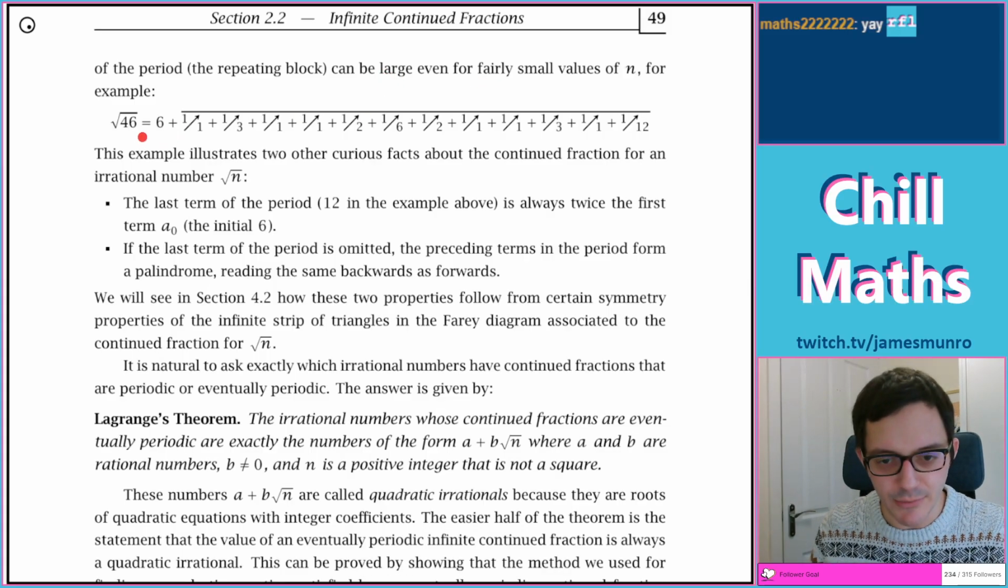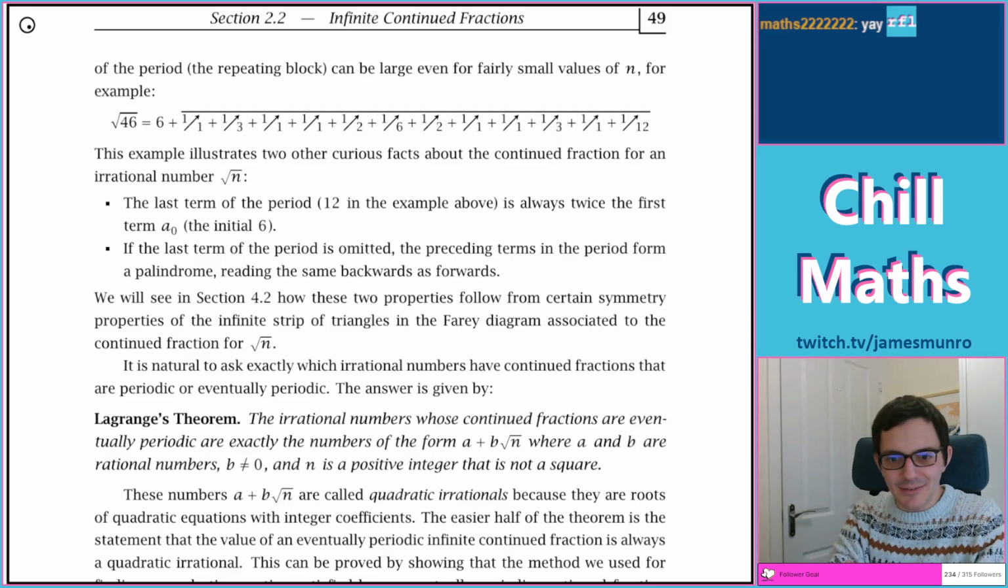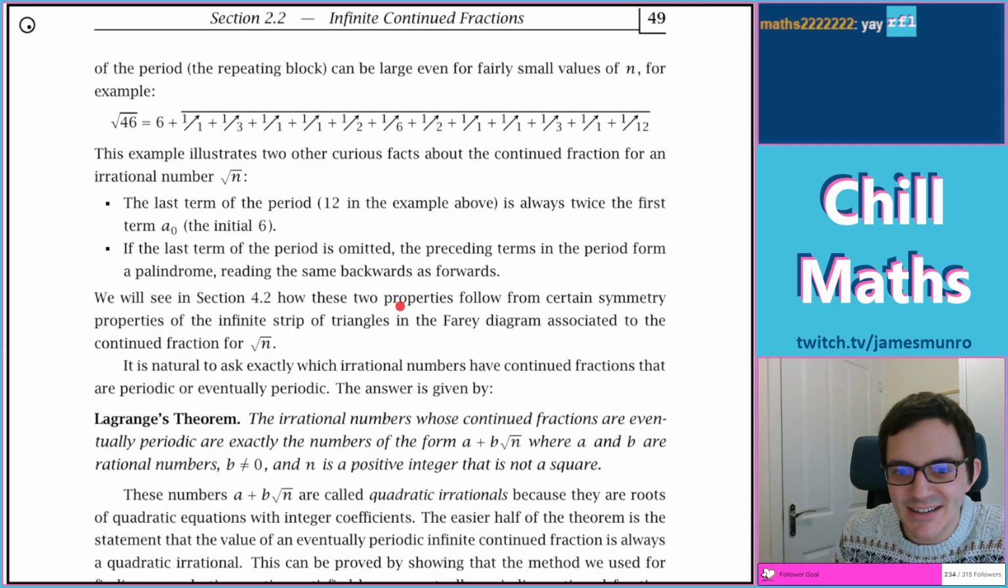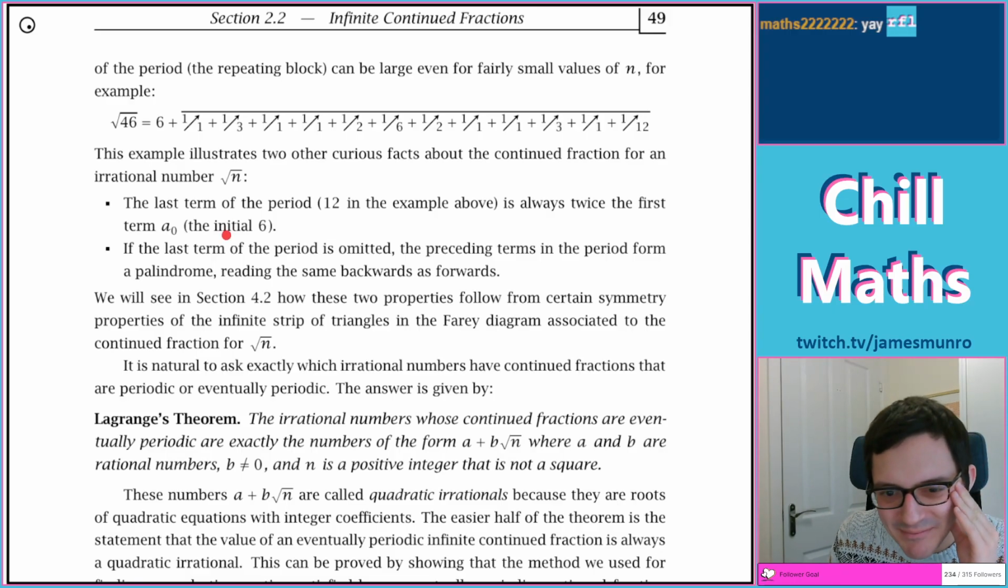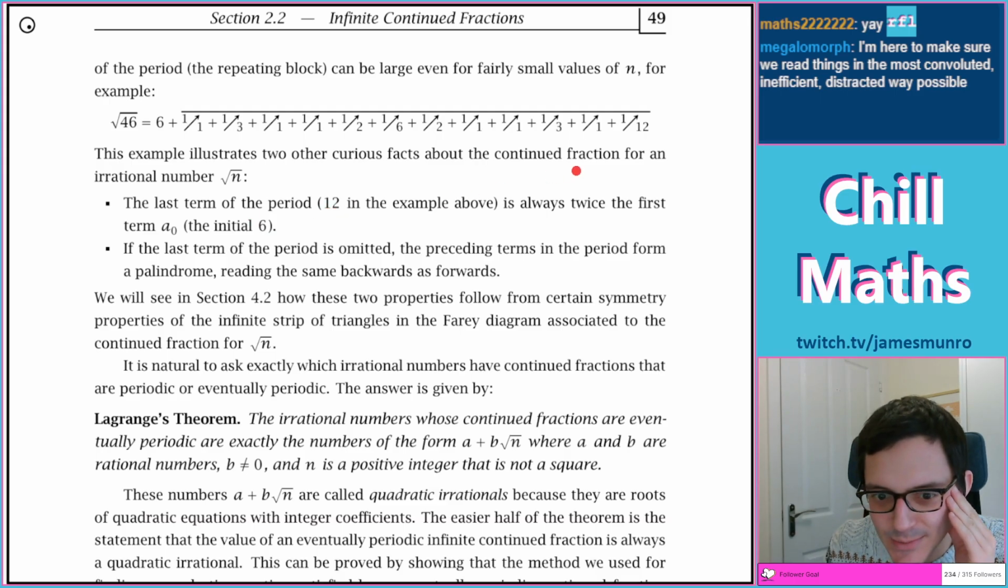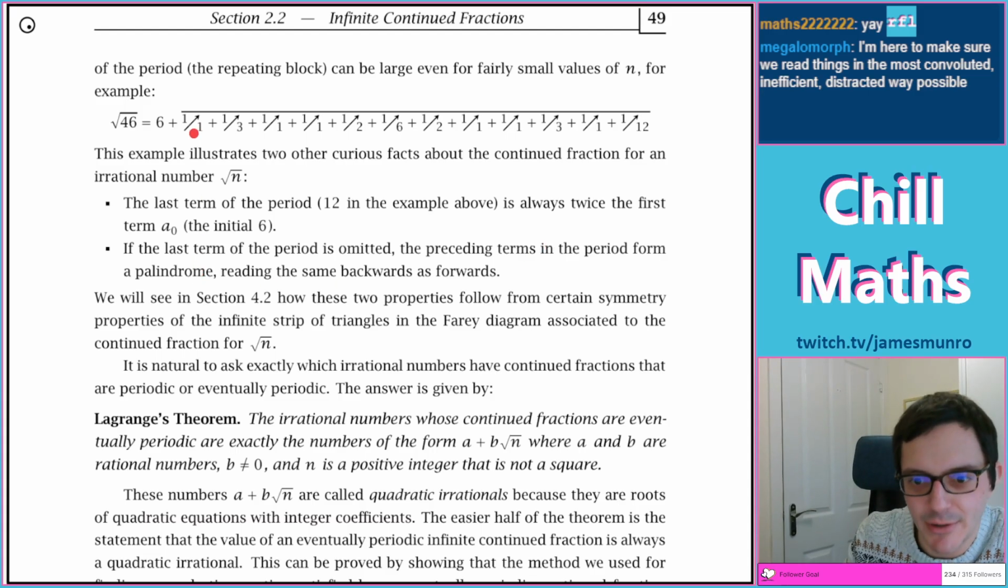Okay, just for now, they're just saying it's large. For example, root 46 is wow. Who knows? The last term is always... Oh no, here we go. Right, here are some fun facts. These are not in my sequence of things I wanted to know, really. Last term is always twice the first term, a0. The last term is omitted. The previous terms in the period form a palindrome,